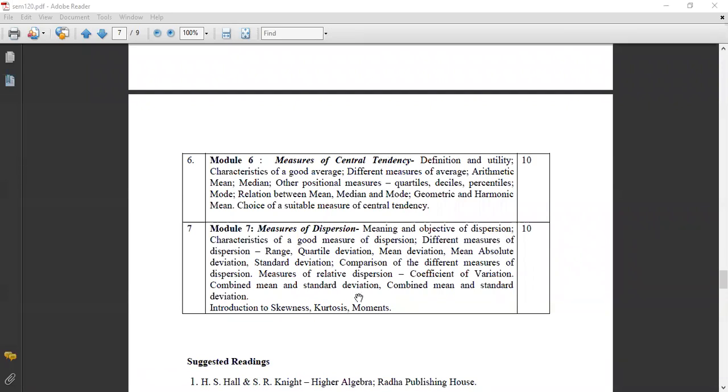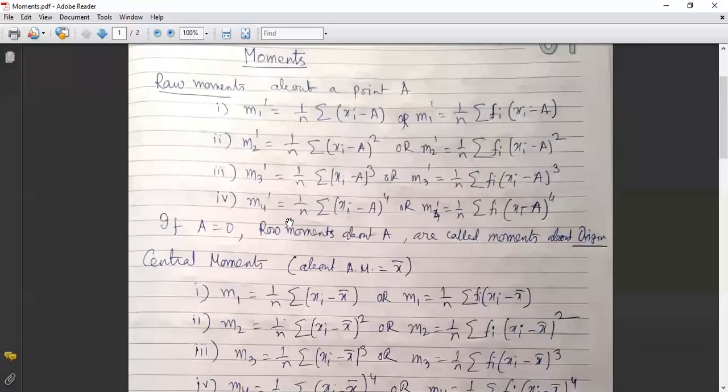What is moment? First of all, why moment is required, then what is moment? Moment calculation এখানে quite simple. First of all, you will know what is